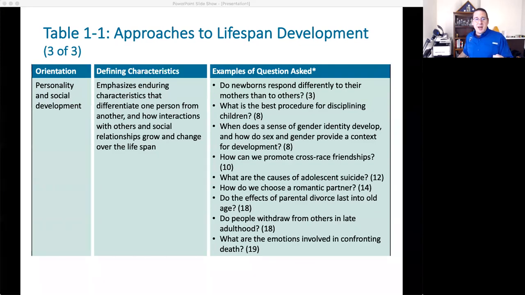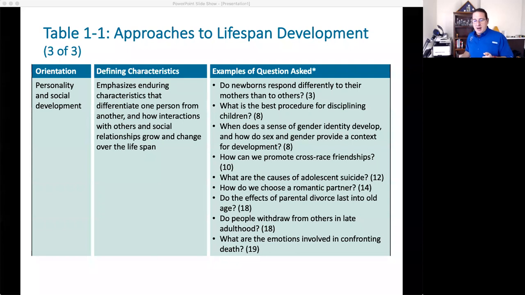Personality is another way that really looks at the characteristics between one person and another, and how that may change over life for that one individual. Generally what we find is the predisposition: if somebody has a calm, relaxed demeanor in childhood, we tend to see that pretty consistent throughout their entire life, unless a tragedy occurs or something like that. But we'll talk more about that in lessons to come.